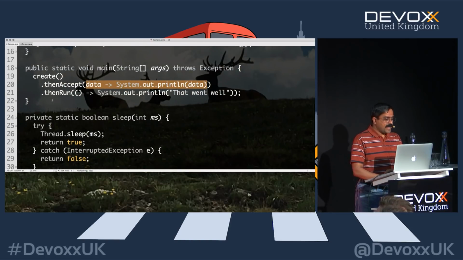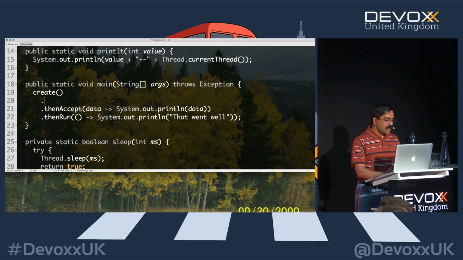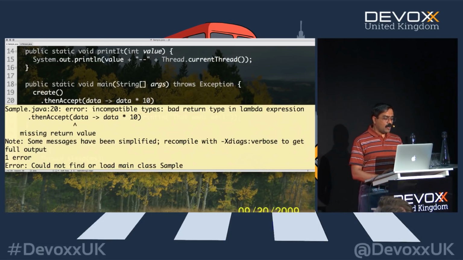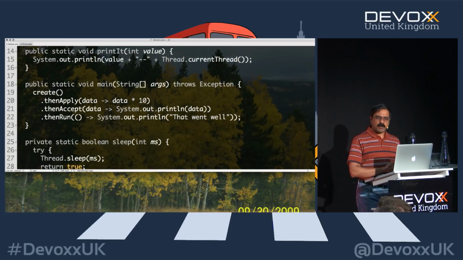So what am I going to do here? Let's go back to this example now and notice right here, my little example is returning a value of 2. Then I say dot then accept over here. And what am I going to do? Given a piece of data, send me data times 10. We know that 2 times 10 is 20. So when I execute the code this time, what is it going to do? Oh, this is complaining: bad return type for the lambda expression, a missing return value. Let's see what I did wrong here. I said apply, but I typed accept. A little error on my part. So then apply, and this is a lambda that's going to return the result for us.